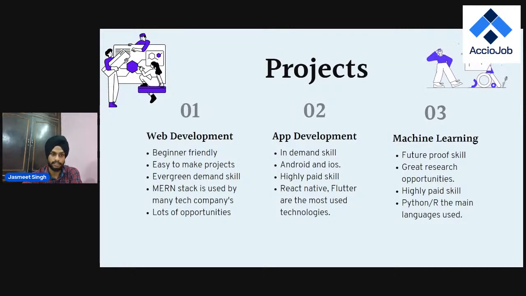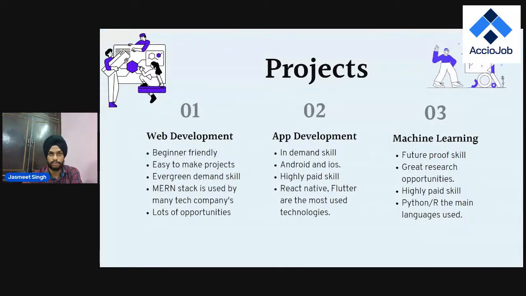So first, let's discuss web development. As we all know, web development is easy to learn. One can just start learning HTML, CSS, and JavaScript to get along with it, right? And then they can slowly move ahead to the more difficult areas like React.js and AngularJS. So learning web development is beginner friendly. One need not know a lot of web development for making projects. Using some simple concepts also, they can build some good projects.